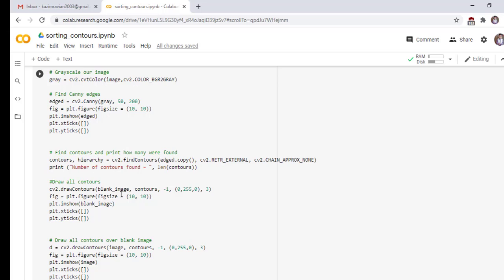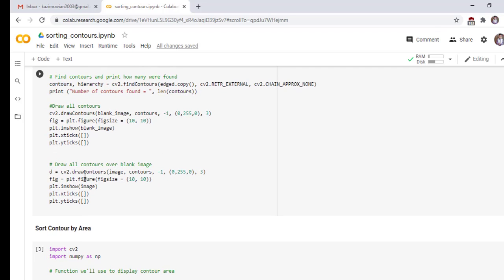Take a figure of size 10,10 and plot our blank image, with xticks empty and yticks empty, meaning there is no x scale and also no y scale. Draw all contours over the blank image.